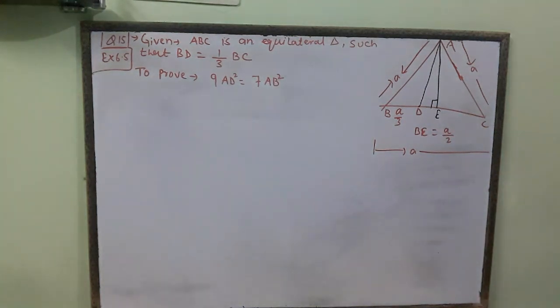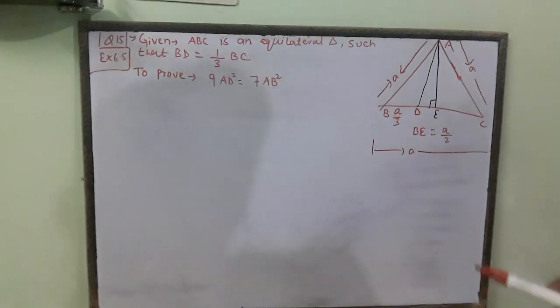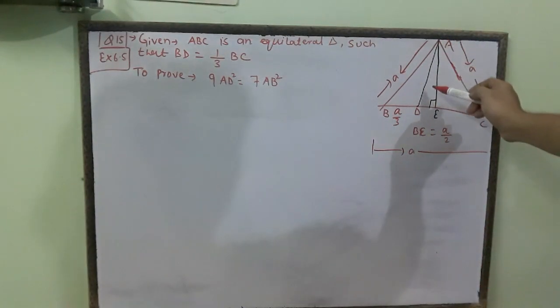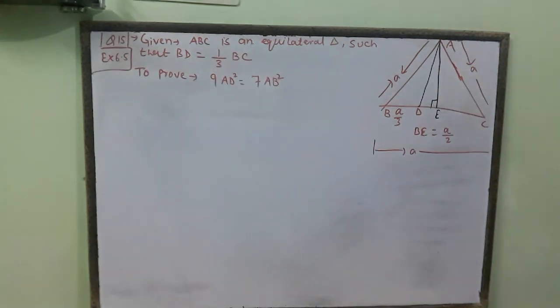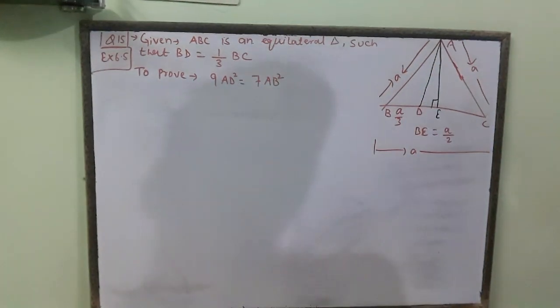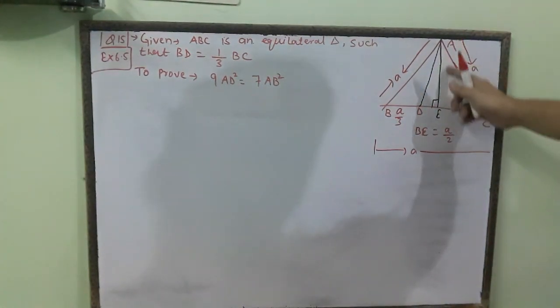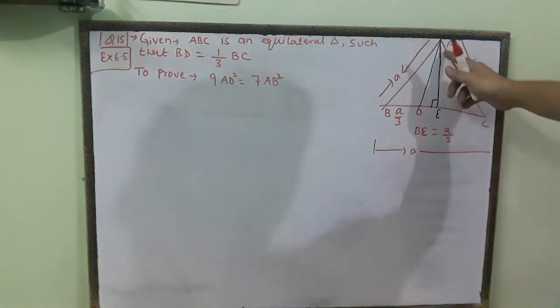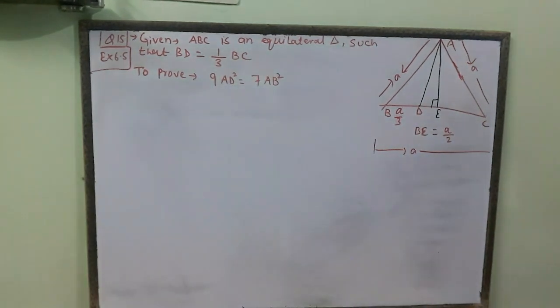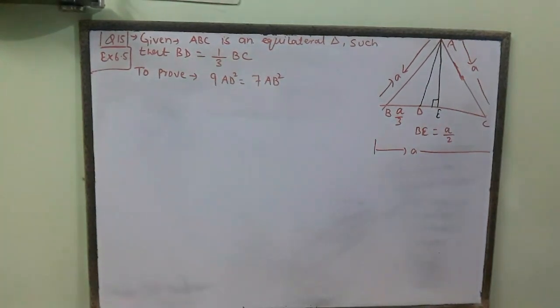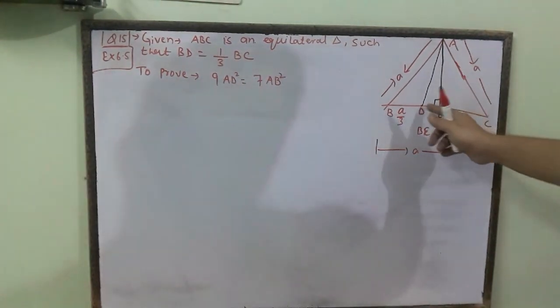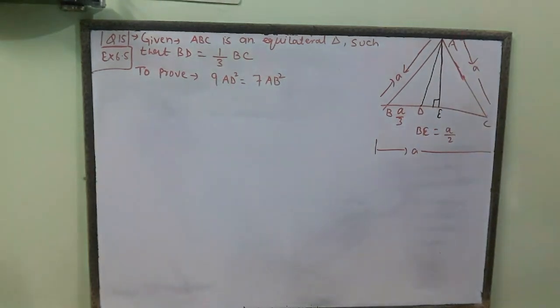Okay, see student, there is one right angle triangle ADE, that includes AD. So we will use this triangle ADE and use the Pythagoras theorem. How will we use the Pythagoras theorem? First of all we will find the value of AE. As you know, AE is the altitude, and the altitude of an equilateral triangle will be root 3 by 2 into side, and find the value of DE, and then we will use the Pythagoras theorem.